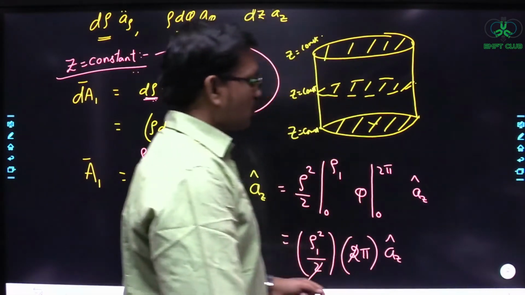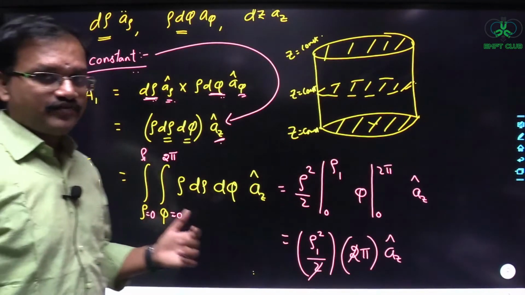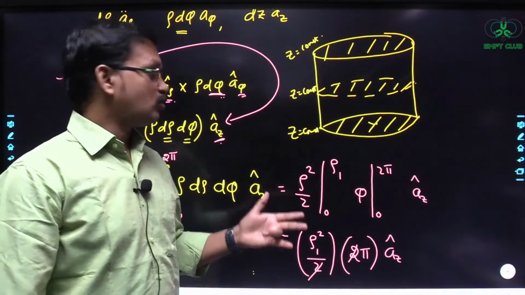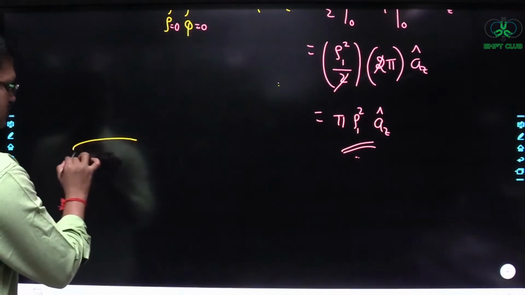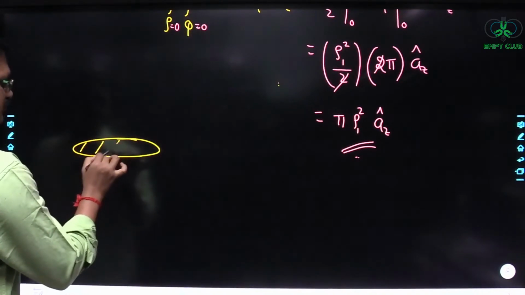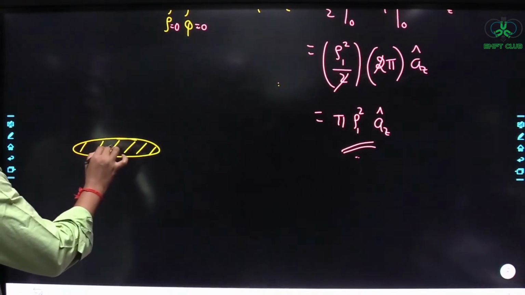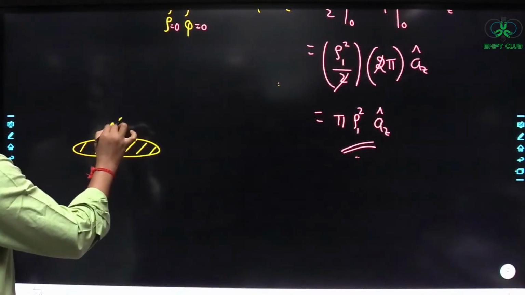So what have I told here? Take any surface and extend that surface in its perpendicular direction. You are going to get what? Volume. Yes or no? Now here, z equal to constant surface represents what? Z equal to constant surface represents the surface area of a circle. Understood? Now if you extend this surface area of a circle in its perpendicular direction, which is a_z cap,